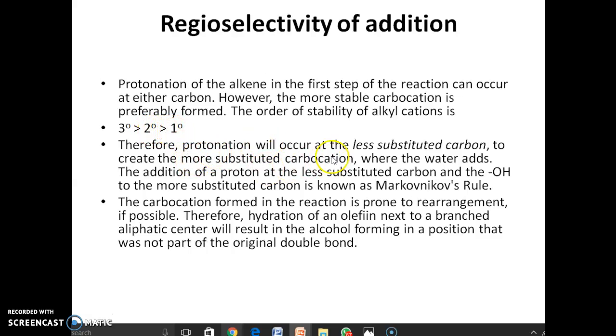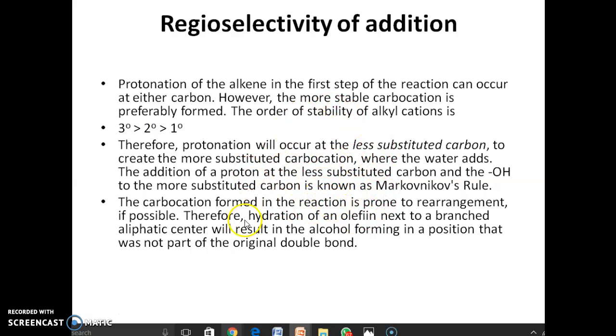So the protonation will occur at the less substituted carbon, creating the more substituted carbocation where the water adds. The addition of proton at the less substituted carbon and the OH to the more substituted carbon is known